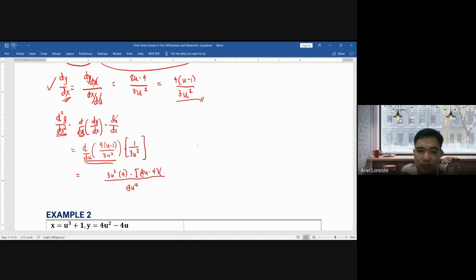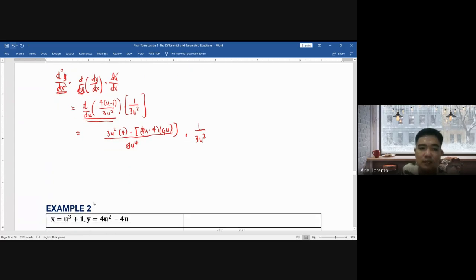Derivative ni 3u squared, 6u. Tama ba? Times 1 all over 3u squared. Simplifying further, it will give us 3u squared maging 12u squared minus 4u times 6u, that is 6, 12, 24. 24u squared. And then, negative 4 times 6u, negative 24u times negative, plus 24u all over